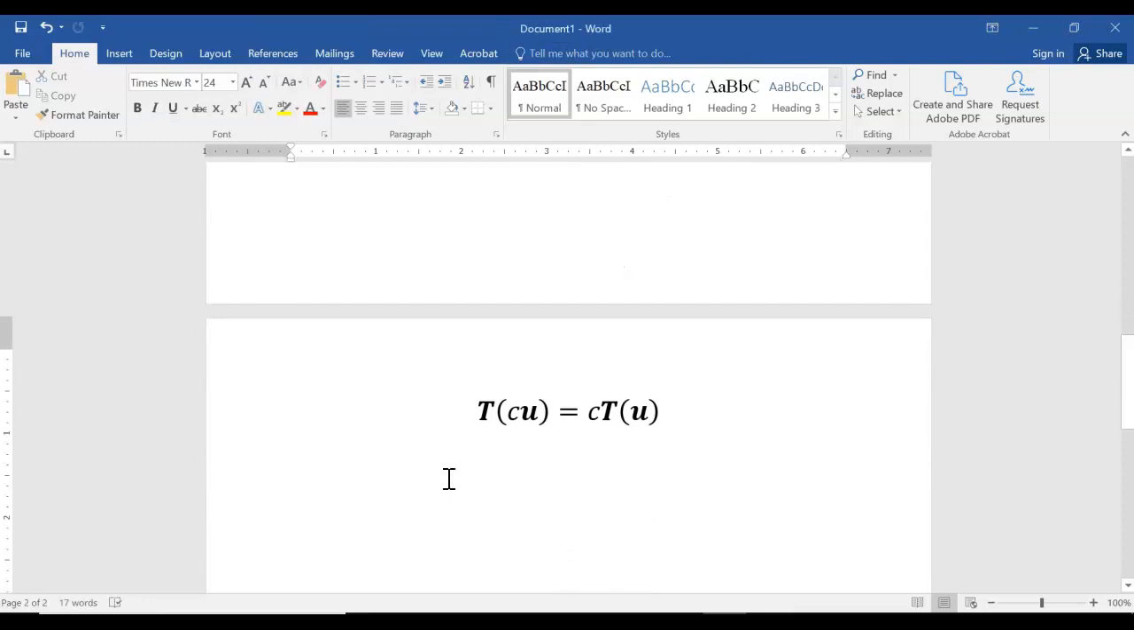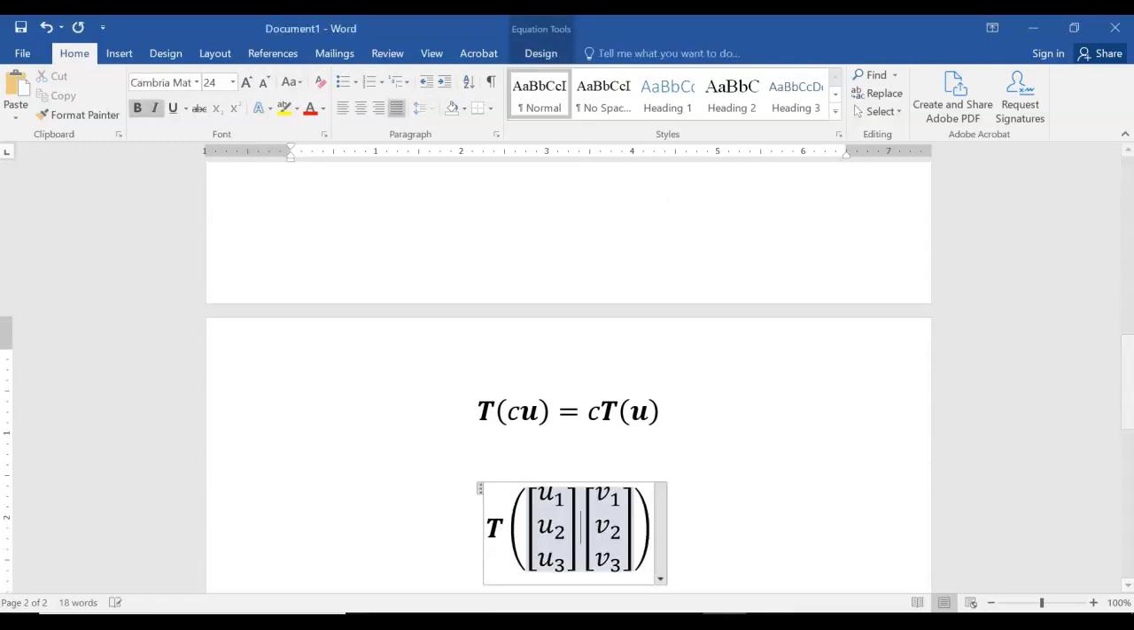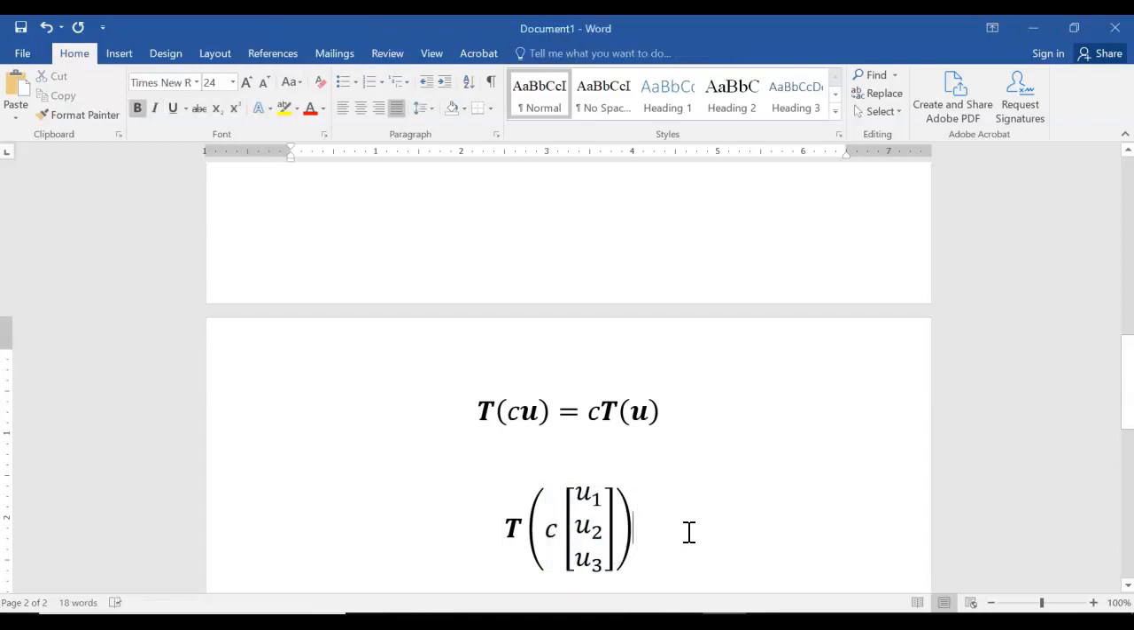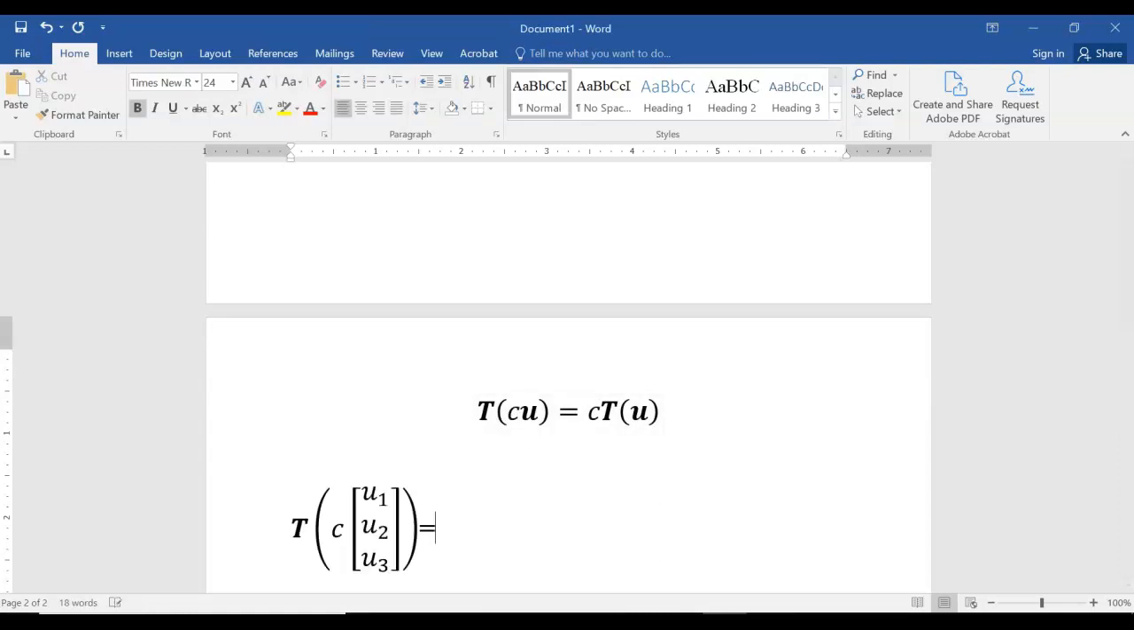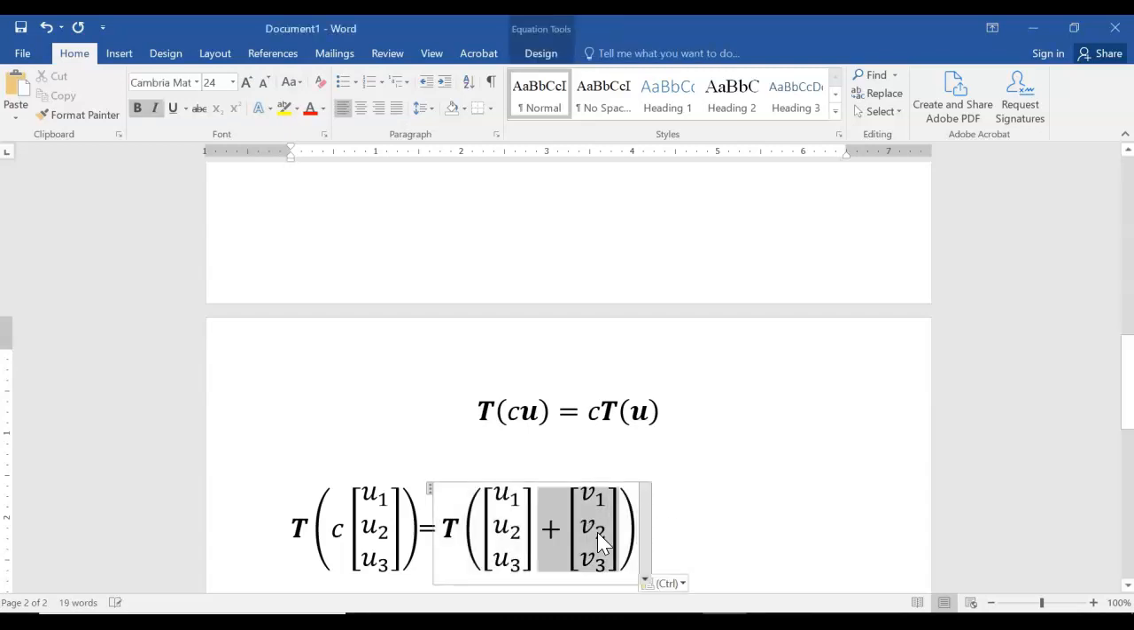So what we do, just like before, is we create an arbitrary u. Now, our arbitrary u has to be 3 dimensions because that's the input of our transformations. We're going to multiply that times an arbitrary real number, which we call c. Now if you think about what that would be, that is going to give you c times u1, c times u2, c times u3